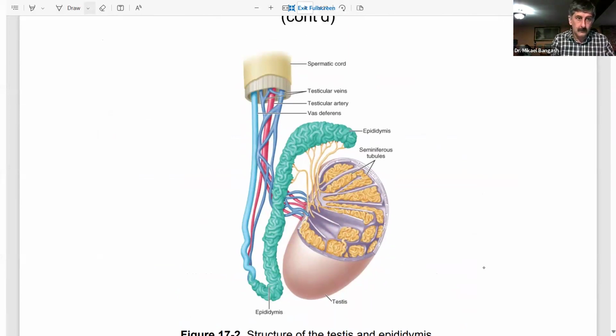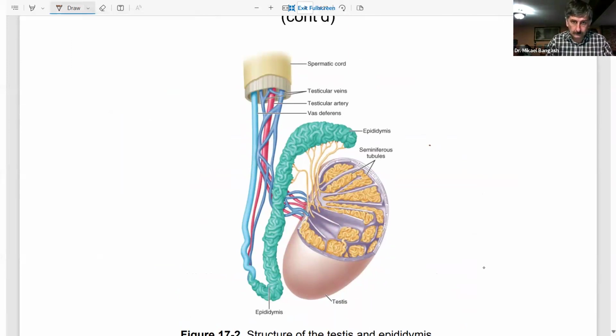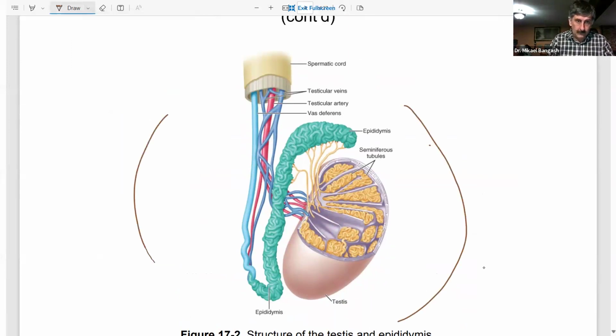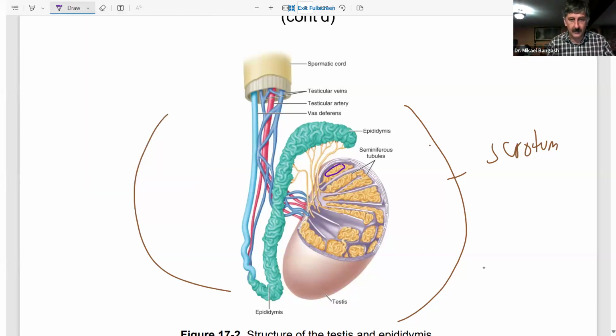So this whole thing here is inside the scrotum. Now we said that we had the, let me just choose a color, our testes, which remain divided into these bigger or smaller compartments here by bands